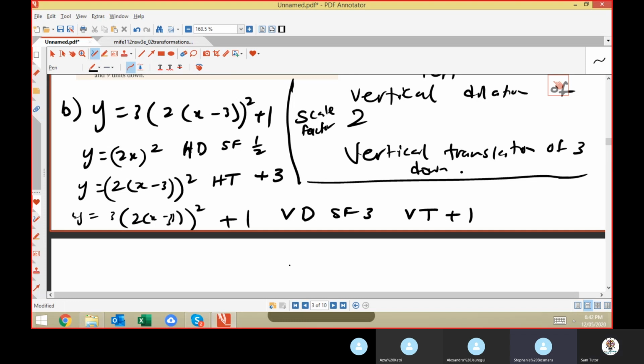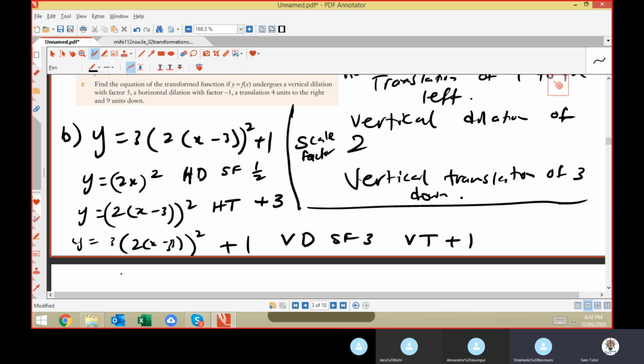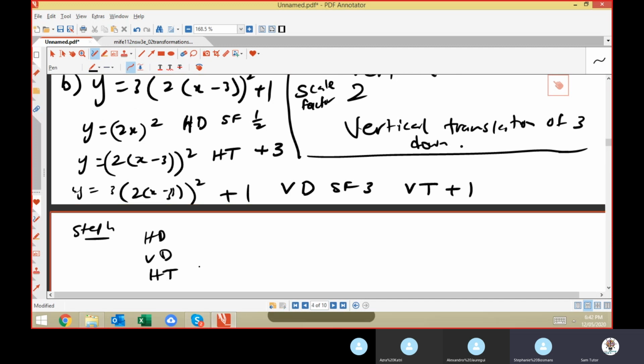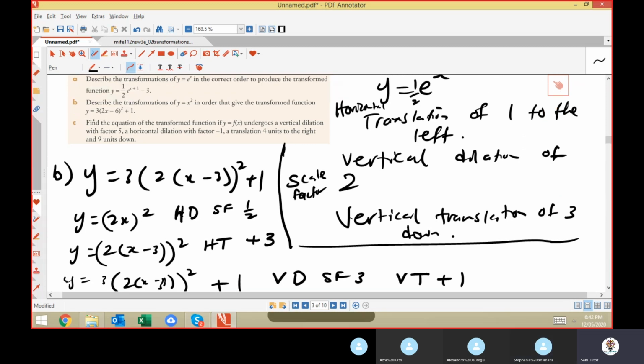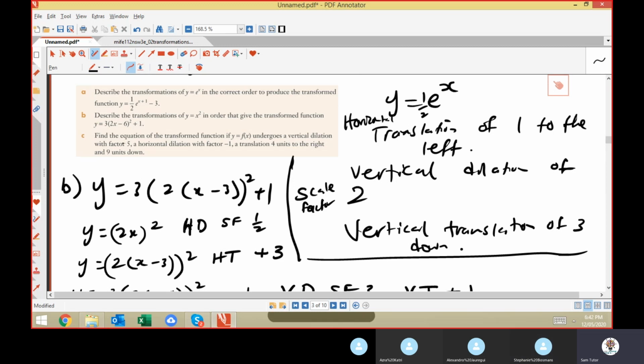Well, I did the vertical dilation second. Tell me your steps. Well, I had horizontal dilation and then vertical dilation, then horizontal translation and vertical translation. Did you do your first step like what I did, or not really? You just left it as it is. Okay, so if you did a horizontal dilation, you would have done a horizontal dilation of